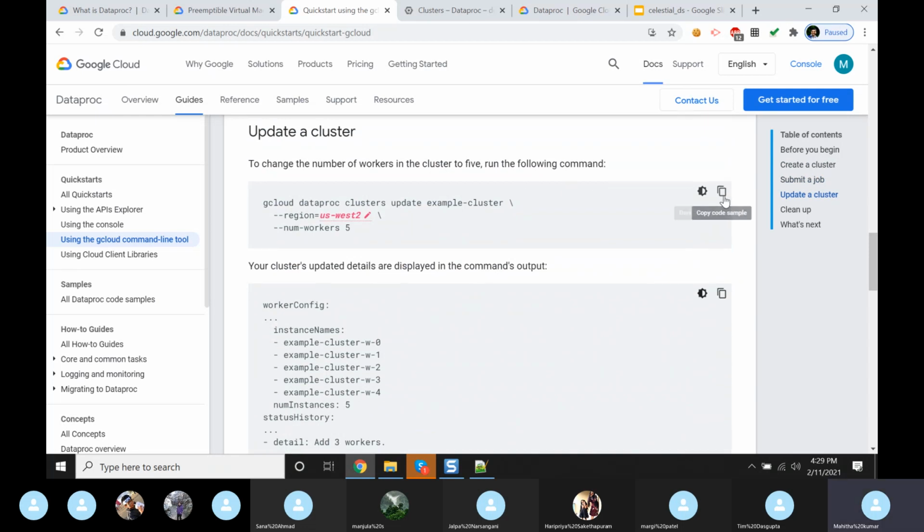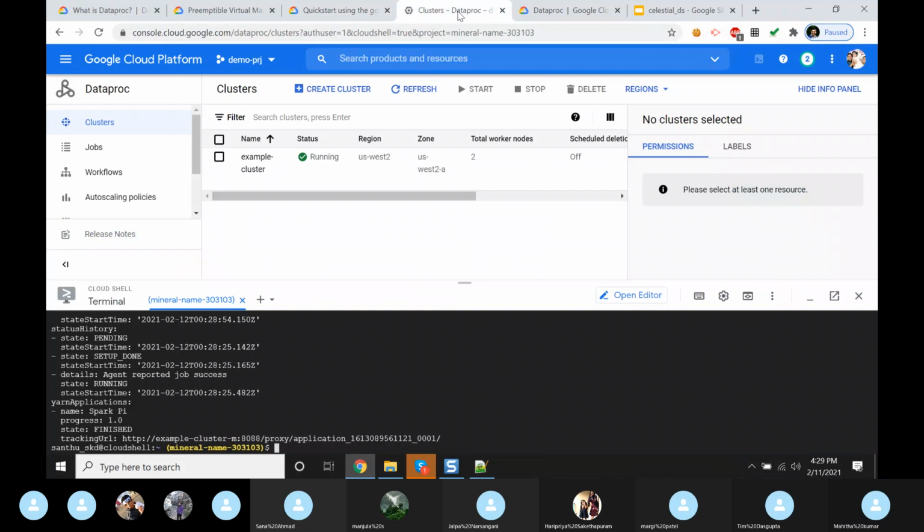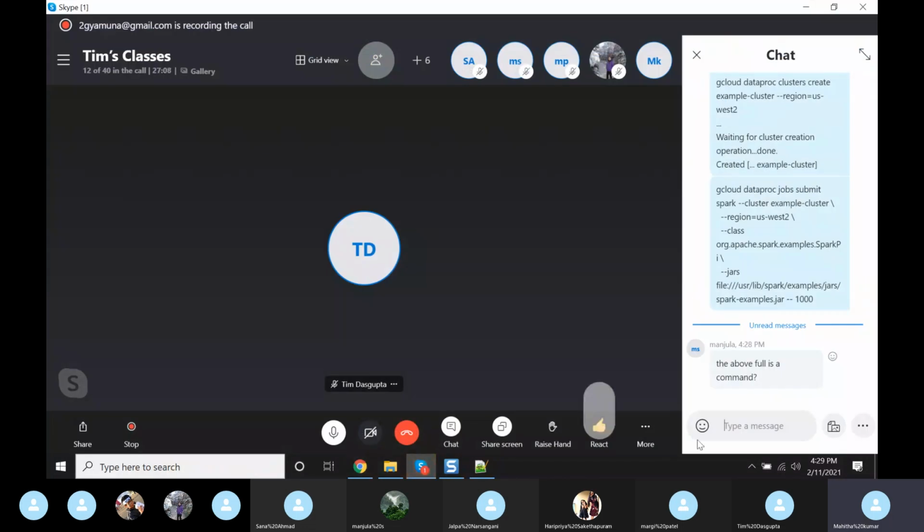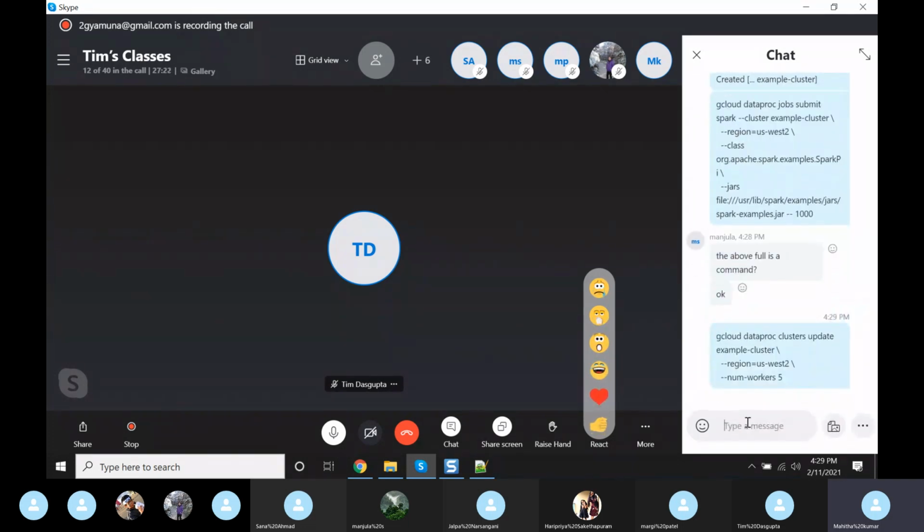So to update, this is the code. Here we are creating 5 workers in the cluster. Yes, Manjula, the above full is a command. So Mahita, with that command, I got some error, and then I typed the clear command as you typed it. I saw you doing that. Yeah. But then what did you change there? Here, the region, I have put the nearest region for me.